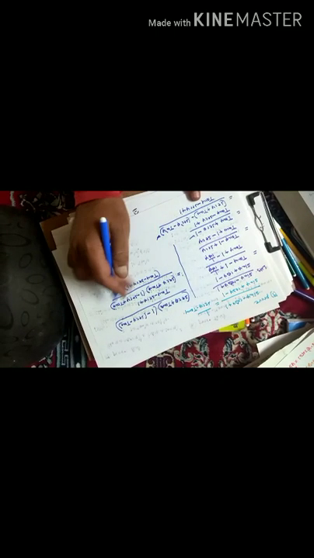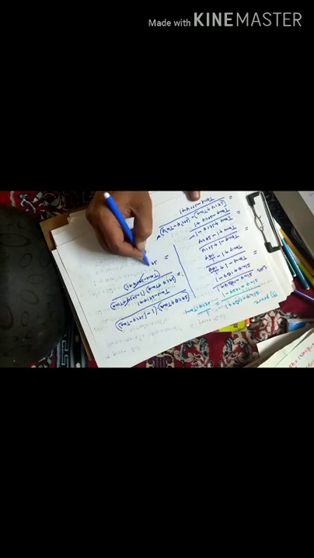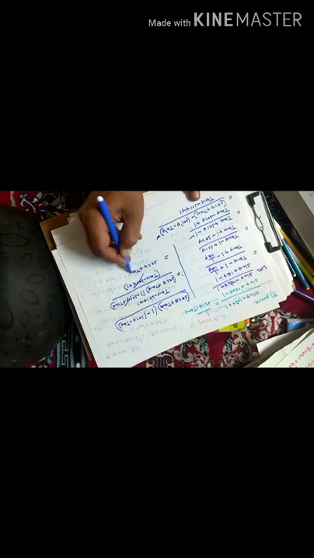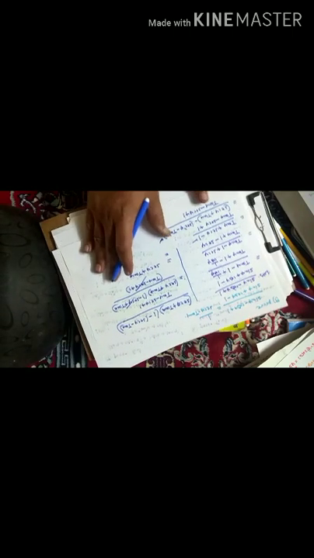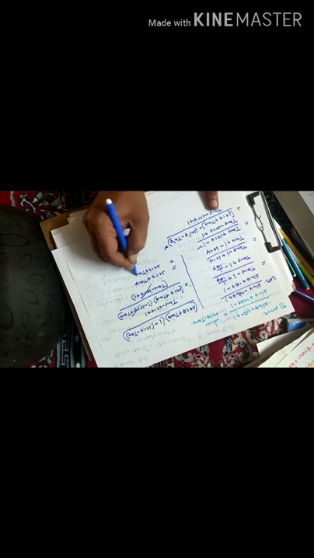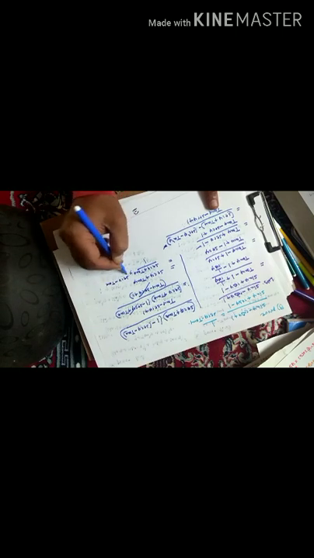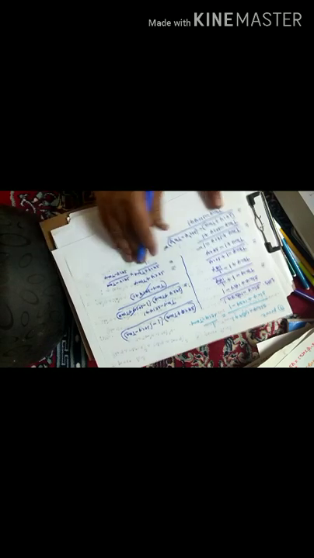If you observe these two terms, this term and this term, plus tan theta minus sec theta plus 1, these two are equal. That is equal to sec theta plus tan theta. Therefore, you multiply this sec theta plus tan theta by 1, you can write. You multiply both numerator and denominator with sec theta minus tan theta. What will you get?